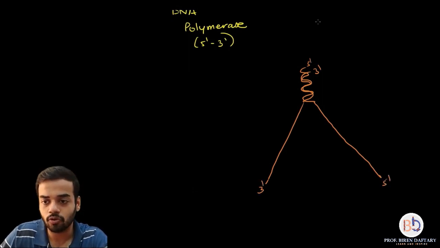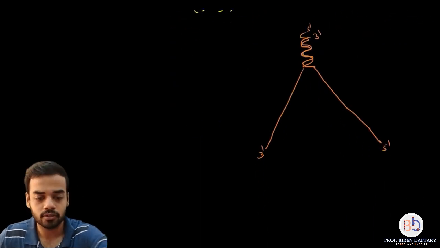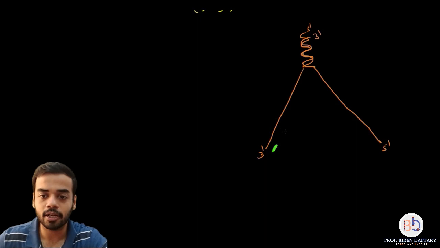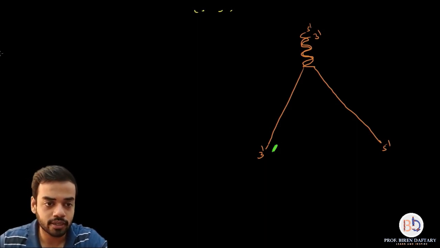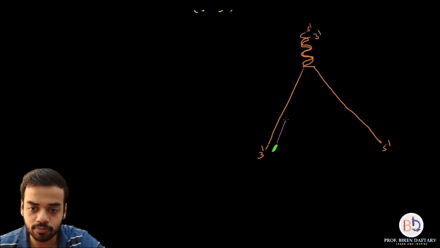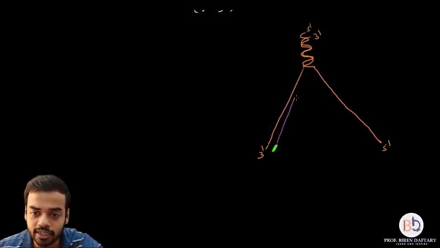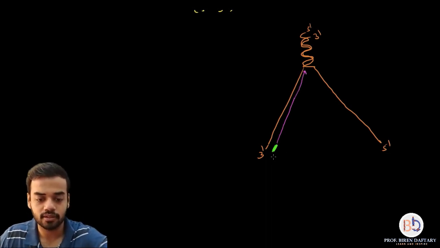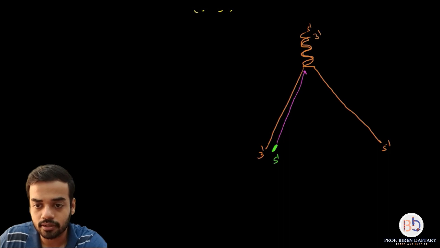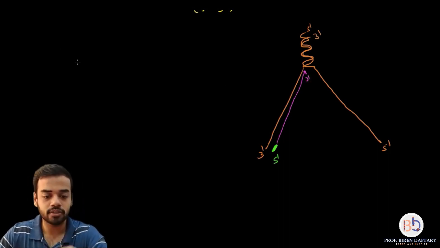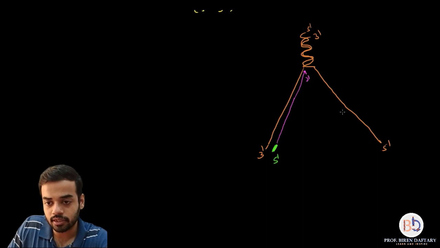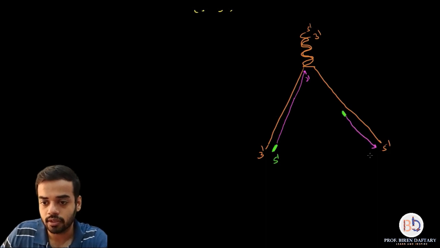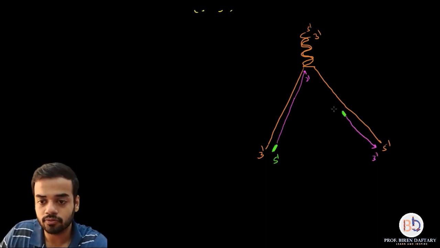So what is going to happen is, already you had added the primer over here, so I'm going to show the primer, and that primer had created a new strand, so I will show that strand, and it was up till here. Now this area has been opened up, so the DNA polymerase will continue to grow this strand upwards. Correct? So obviously this end is the 5' end and this end is the 3' end. Correct? And over here if you see, the primer was initially placed over here, and the strand which was grown was over here, and this was the 3' end and this was the 5' end.